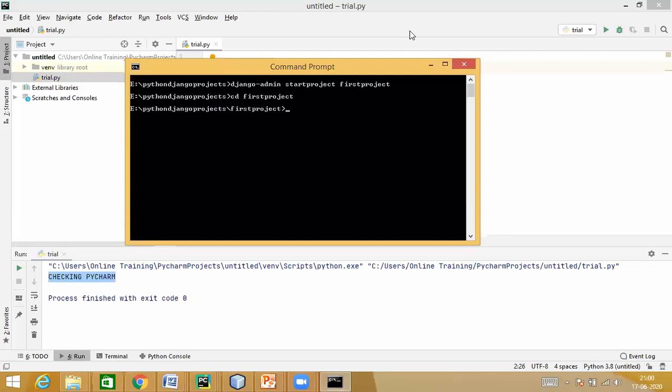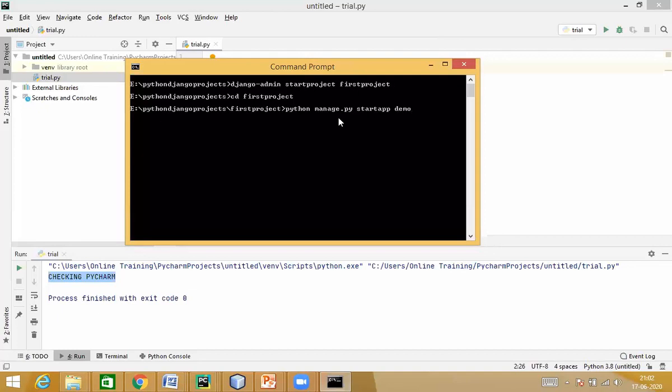Please come to this step. Now that you've created this project, inside this particular project, I'm now going to start with my application. So I'll write python manage.py startapp, and then whatever the name of the application that you want. I'm going with the name demo.